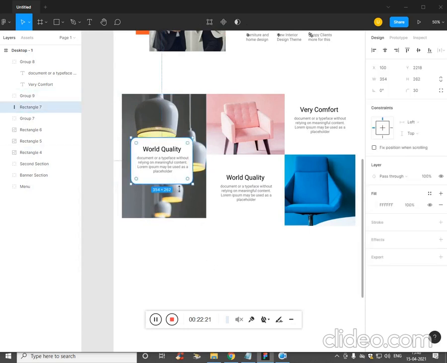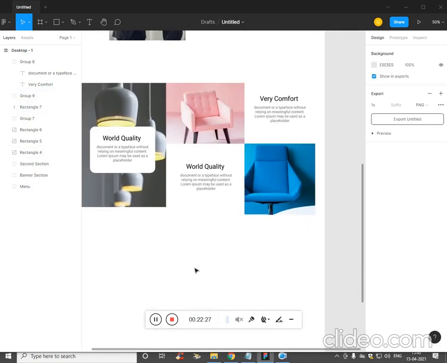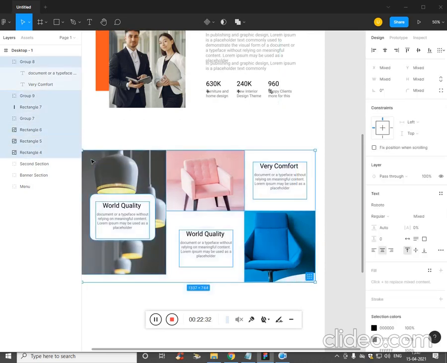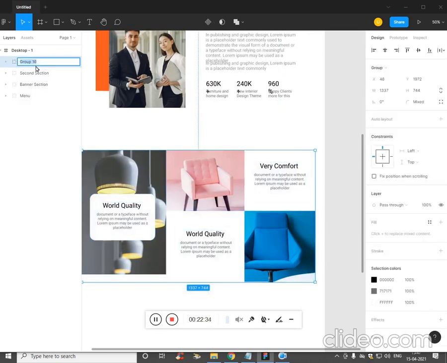And now we have completed. Well, that's cool. We'll make all this section as a single one. Select all, Control G, and call it as third section.